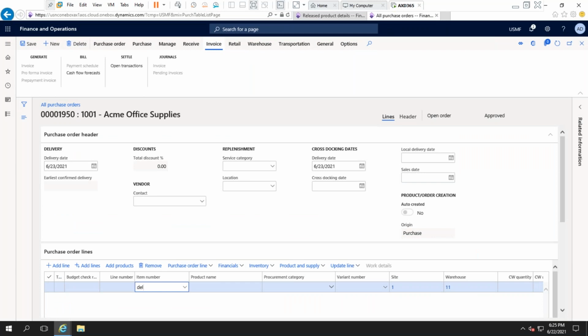So Dell laptop. Suppose I'm purchasing 5 quantity. Let it be loading. It is loading the item number. Okay. So here I'm selecting 5 quantity. It is suppose $300. Now if I'm trying to save,